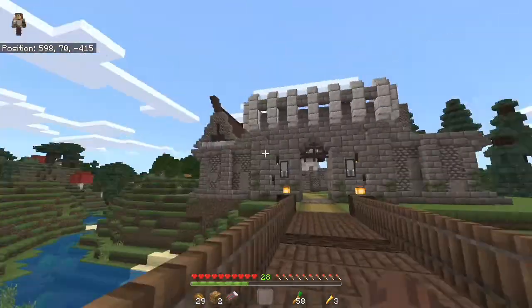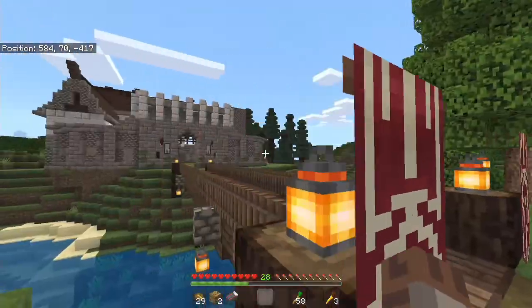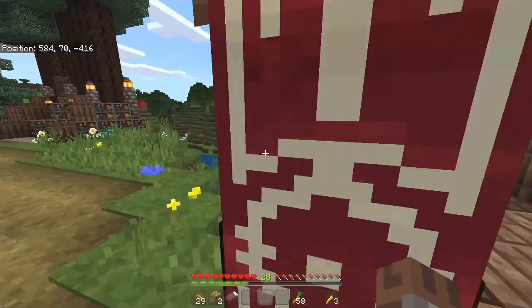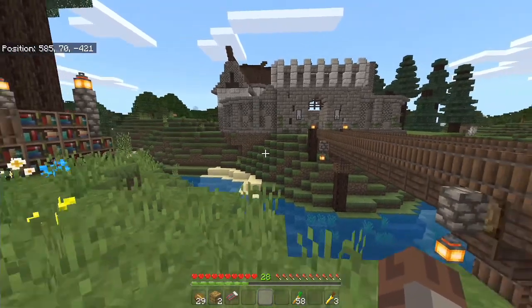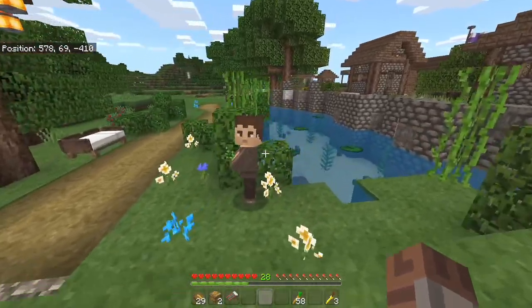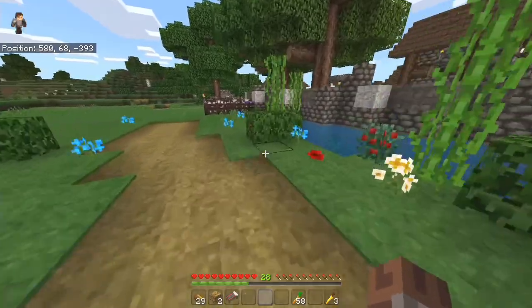I haven't built further than that yet, so once we do have that, we'll probably have a pathway going around the side of the castle, and maybe a bridge going across there because it's quite steep on that side as well. And then we've got this little lake pond that I built also in one of the episodes,